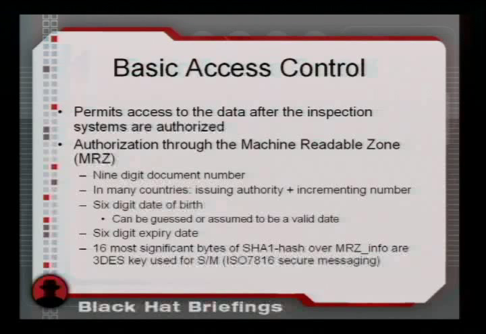That's the way the Netherlands passport got hacked, because they are issuing 5,000 passports per year and just incrementing the number. So they'd start at some known value and just brute force. Then we have the date of birth, and the 6-digit expiry date. And the 16 most significant bytes of the SHA hash over the MRZ are used as key for the SM,